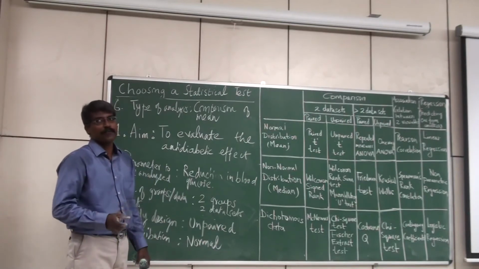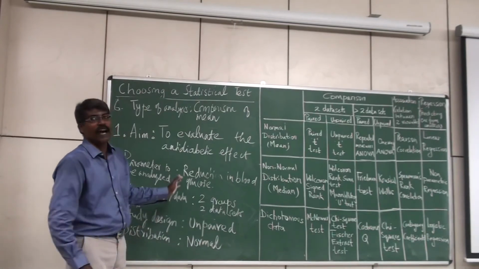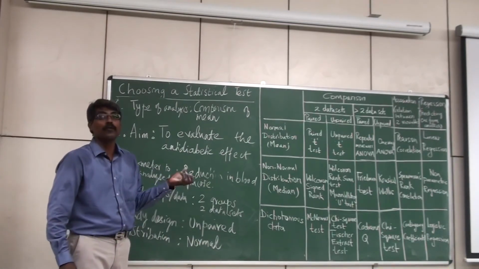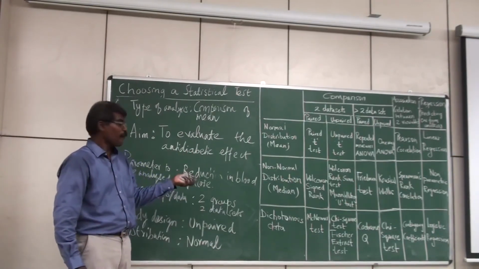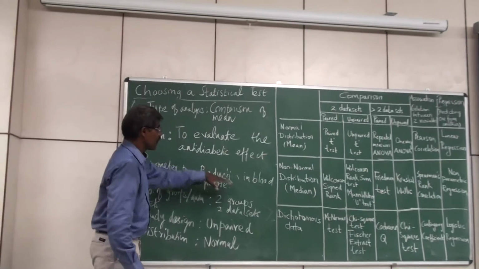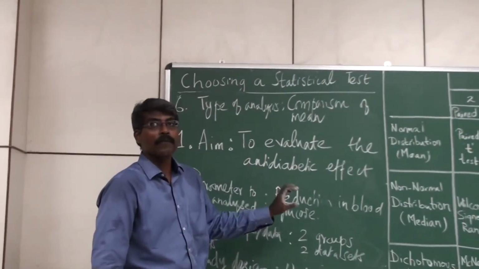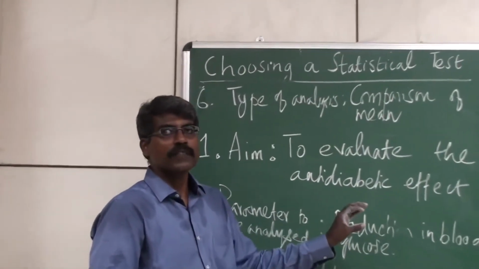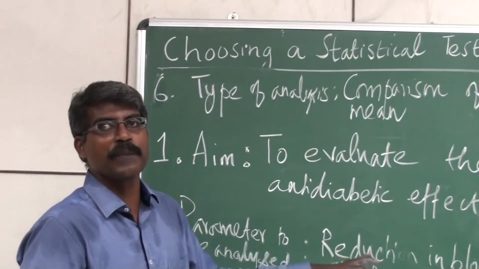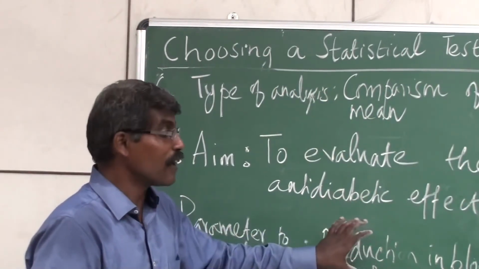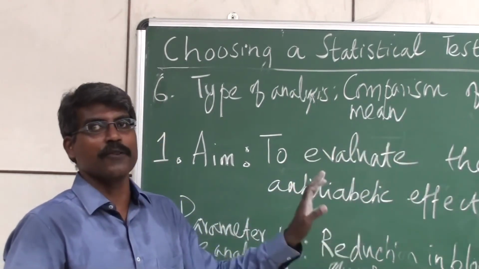Again I repeat, in a particular study you might have 5 or 10 variables which you want to analyze. So for each variable you need to find the particular test. For example here, for blood glucose, it has come to unpaired t-test. But if my parameter is the number of people, or the percentage or proportion of people having an adverse effect, then the variable completely changes. It will be a totally different test. So for each variable it will always change, and you need to look into that.